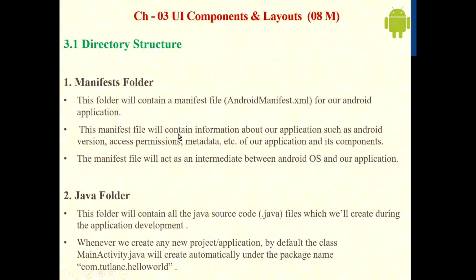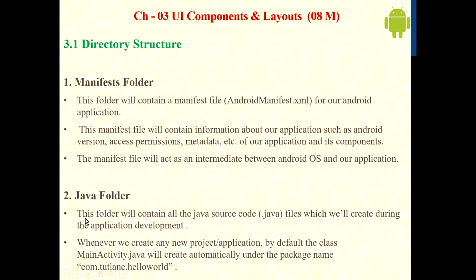This file will contain information about our application, such as Android version, access permissions, metadata, etc. of our application and its components. It contains all the basic or required information that we need to design the Android application. The third point is the Manifest file acts as an intermediate between the Android OS and our application. So this file is very important, because it is the intermediate between the operating system and the application.